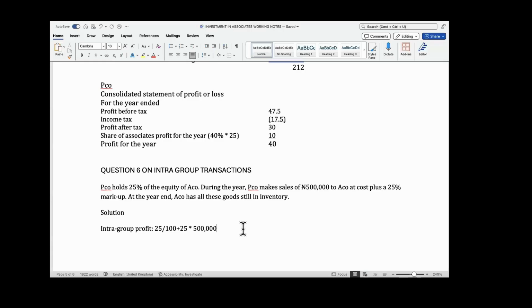Let me take out that, okay, converting markup to margin. Understand what is happening. Beyond here, you are converting from markup to margin. Understand what is happening: this is already at a profit load. It already includes the 25%. To get the profit out of it, you can't do 25 over 100. It will be 25 over 125 times 500.